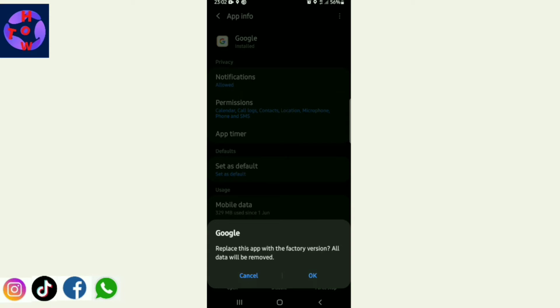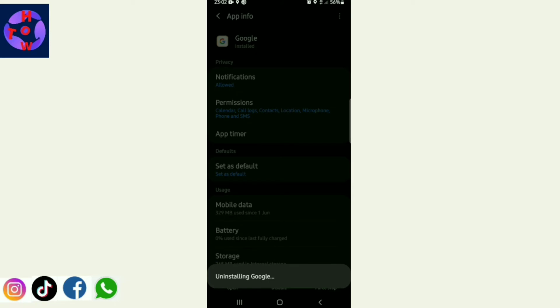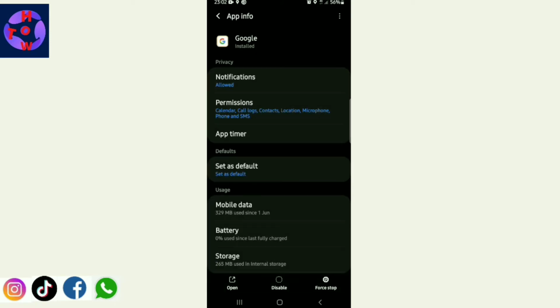This one, the app will remain with the factory version. So all the new updates which you've been updating the app will be removed. So you click OK to uninstall the updates. From there,